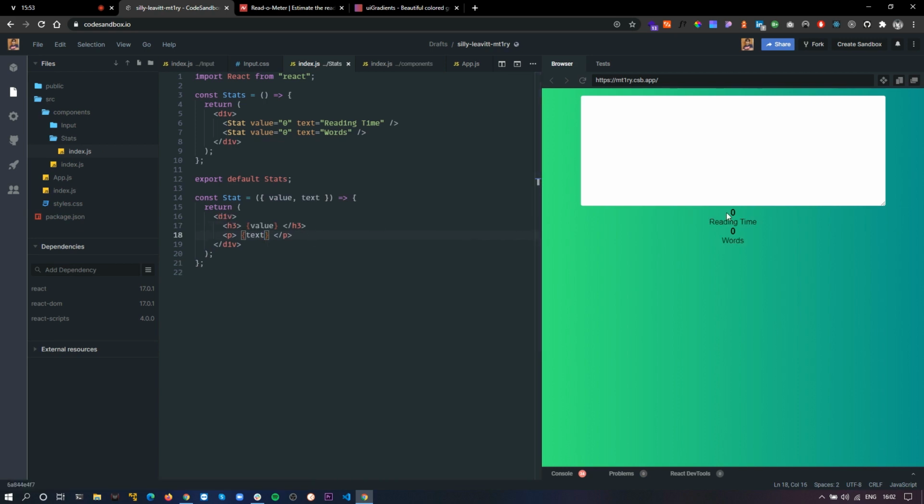We have it here, so it's working. 0 reading time and 0 words. Now let's maybe start styling it a bit. So I'll give it a class name of stats, and I'll give this a class name of stats.